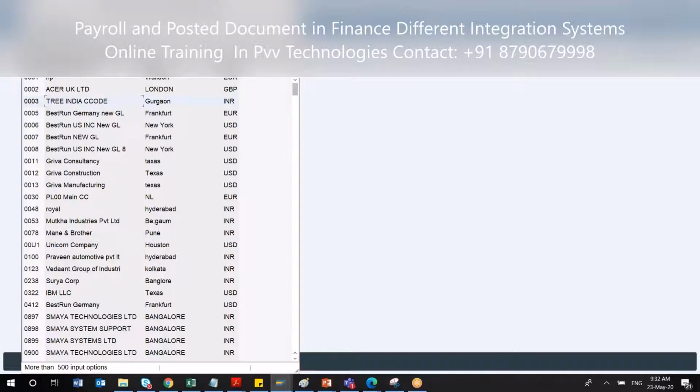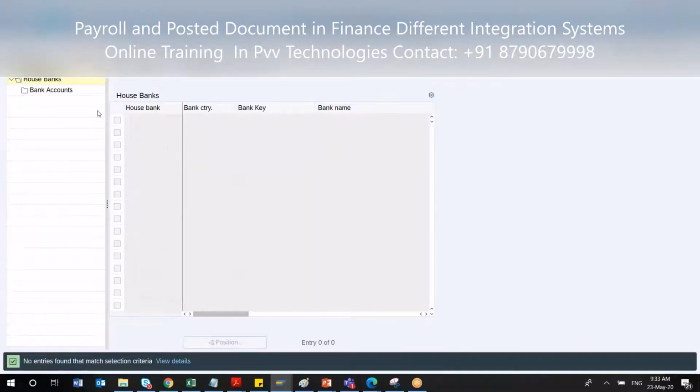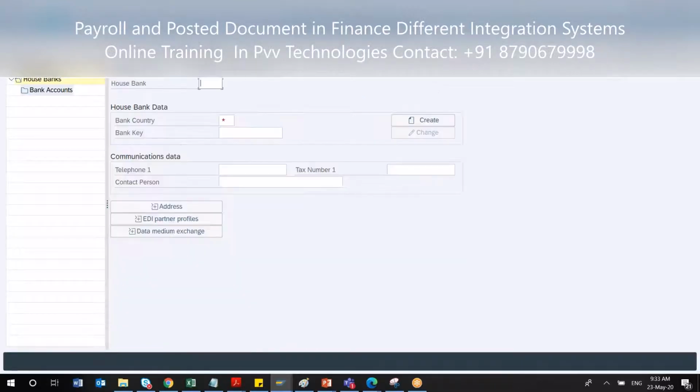If you go inside that bank key, house bank, actually they call it house bank. That means that house bank belongs to, it is your company specific. If you go inside this, then for that house bank you have to go inside this bank account. I have not configured any house bank. Even if I have declared the company code and all, I have to just go here and decide which is my house bank. But again, this is the configuration from a finance side. Still, if you have an authority, then you can configure it.